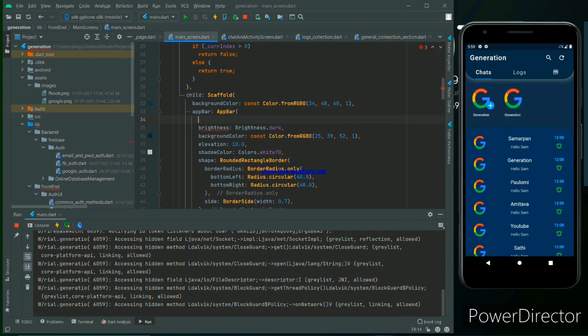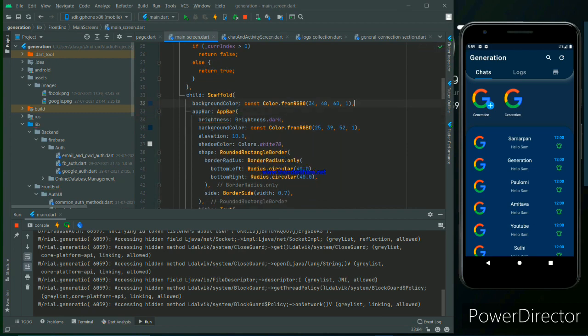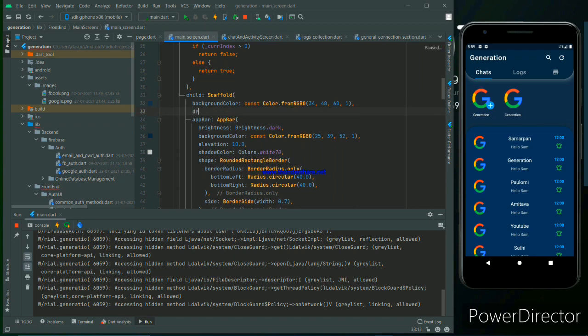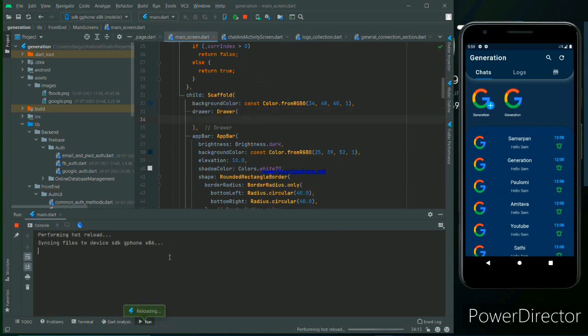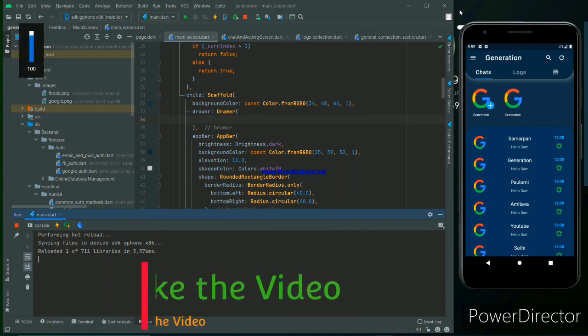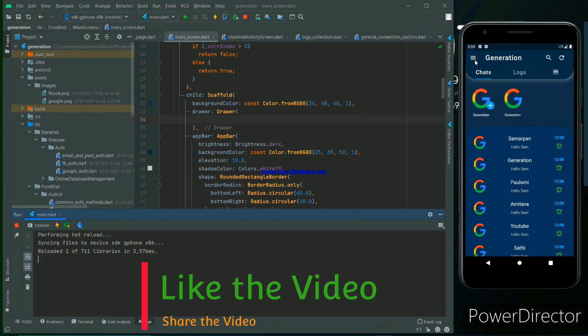The drawer automatically adds the menu screen. Yeah, you can see a menu option came.